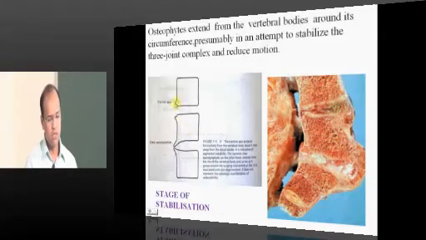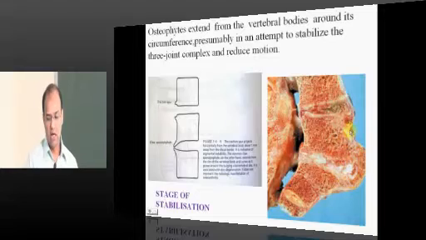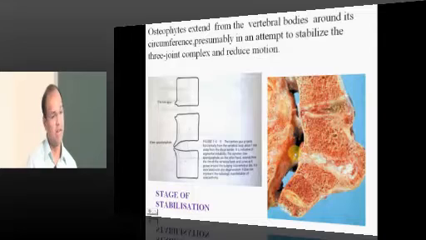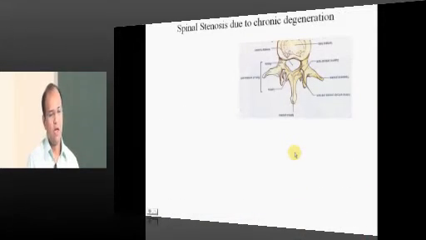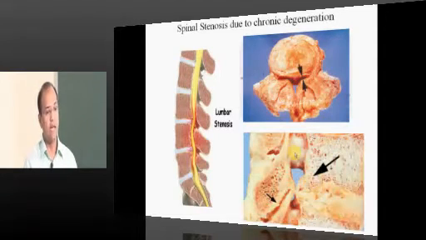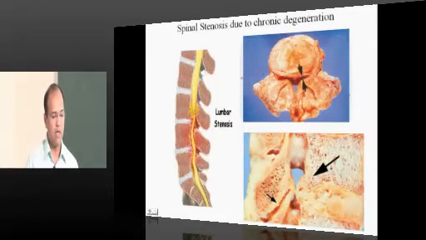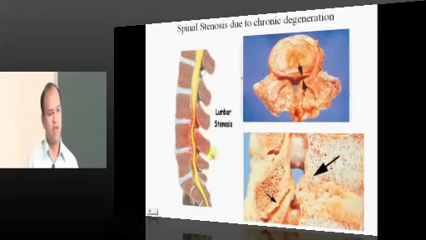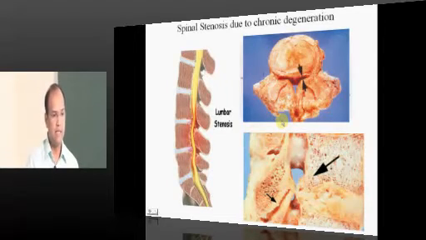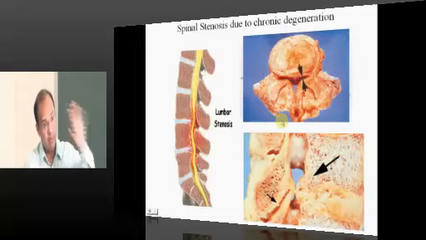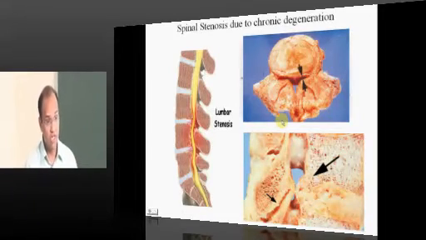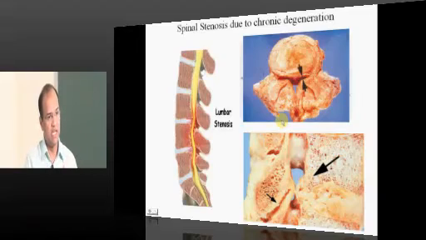Okay. Now this is the bone formation, spur formation, which normally occurs whenever there is a degeneration of the spine. And if it happens anteriorly, you are safe. If it is happening posteriorly, what happens? The whole of this canal will be occupied. Right? Now this occupation of the spinal canal by these extraneous structures is called lumbar canal stenosis, spinal canal stenosis. Once the canal is stenosed, what is happening? It is pressing on the spinal cord. If the pressure is there for so long a time, it ends up in degenerative changes within the spinal cord, which are permanent. Now you should see and identify at what phase the patient is, right?